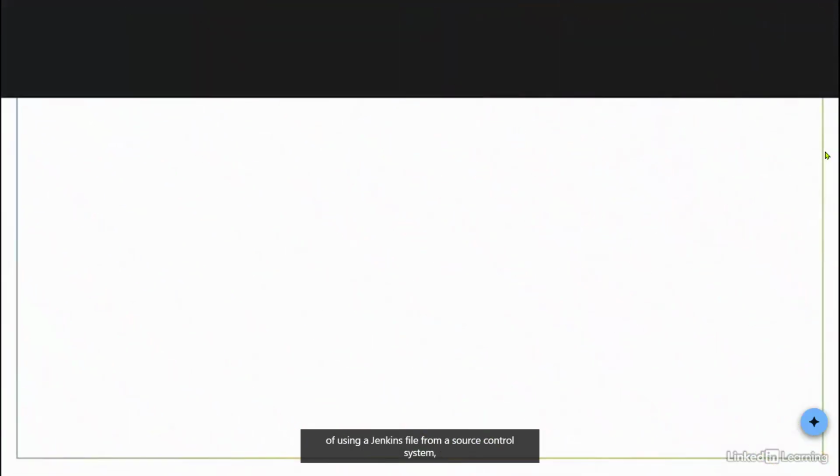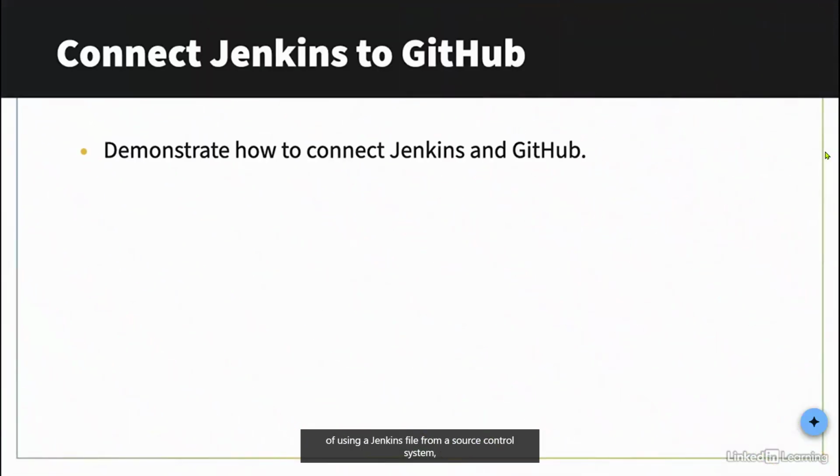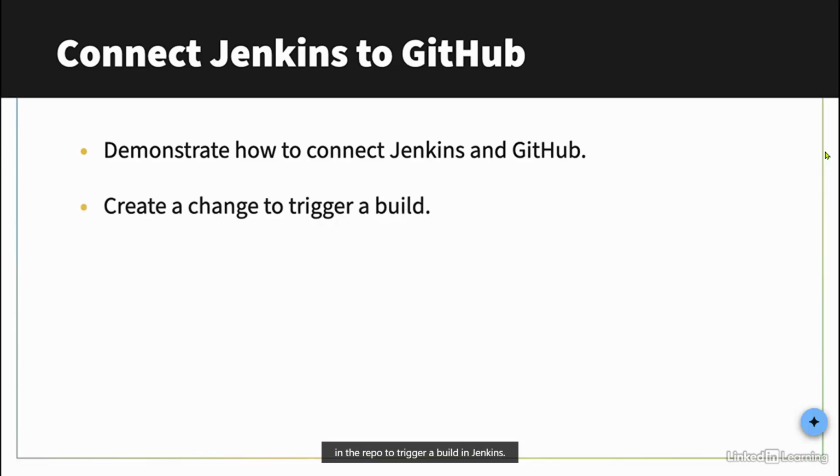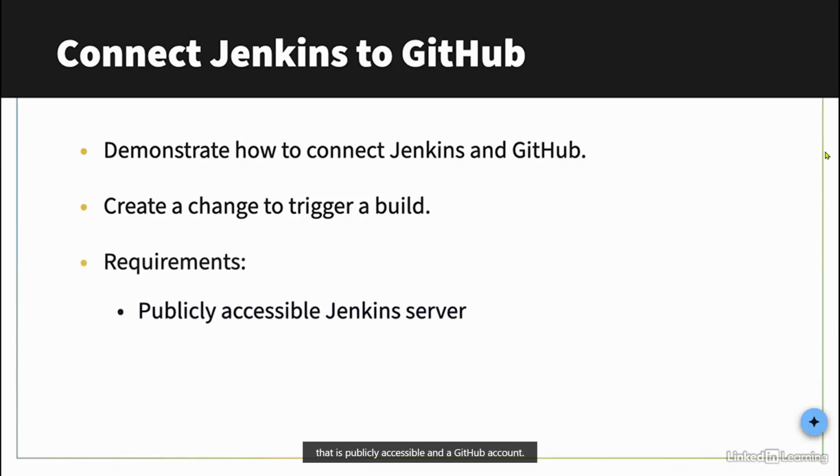Now that we've seen the benefit of using a Jenkins file from a source control system, let's go over the steps needed to connect Jenkins to a GitHub repository. And then we'll use a change in the repo to trigger a build in Jenkins. If you're following along with this demonstration, you'll need to have a Jenkins server that is publicly accessible and a